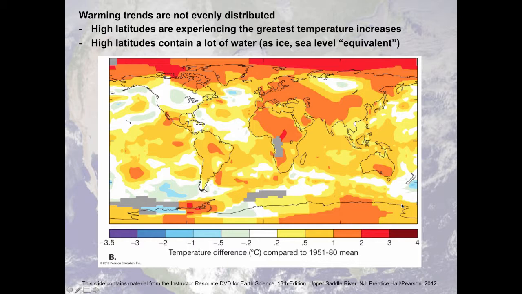Now, warming trends over the surface of the Earth are not evenly distributed. The high latitudes, which are near the poles, either the southern high latitudes down here or the northern high latitudes up here, are actually experiencing the most warming over the surface of the Earth from the 1950s to 1980s, as recorded by surface temperature measuring programs around the Earth. This has a potentially dire consequence in that a vast reservoir of water exists in these high latitudes,